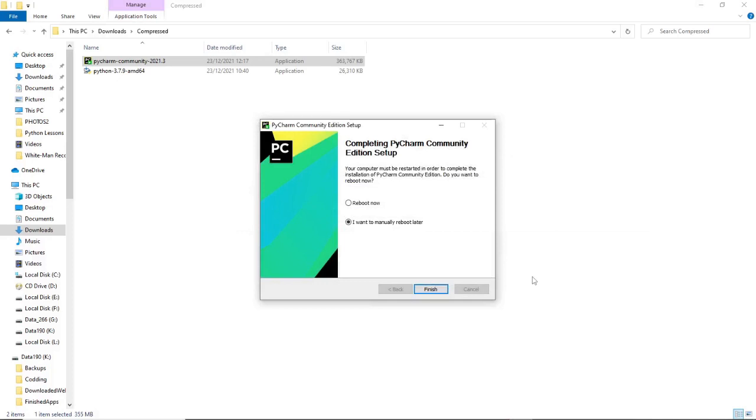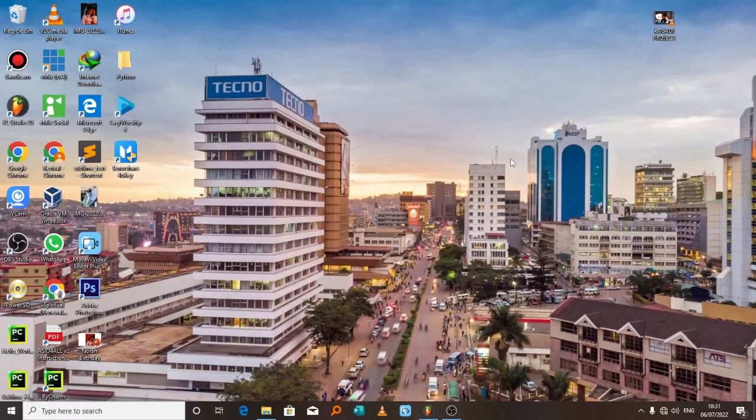Now that our installation has finished, we need to reboot our computer in order to apply all the changes. So we are going to press reboot now, then press finish, in order for our computer to reboot and apply the changes. And we'll be back again. So after restarting our computer,